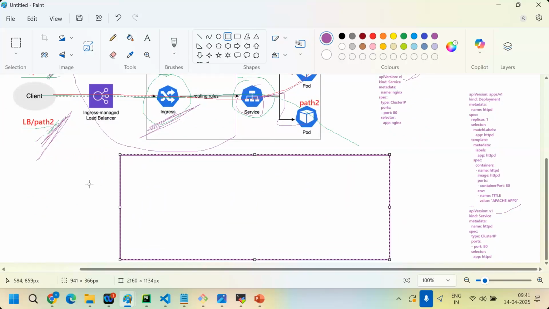Let me redraw this architecture now. This is my path1 service. This is the path2 service.